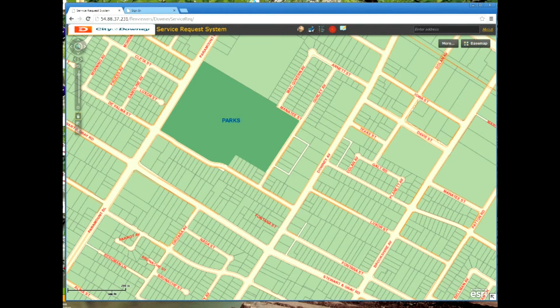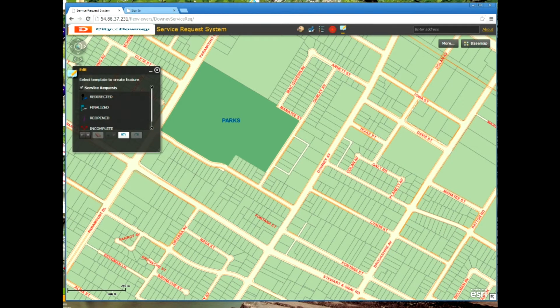The services are published using FlexViewer technology. Using this web map, a service request can be submitted to the city. The web map allows adding, editing, and re-editing of service requests, but does not allow deleting any service request. To submit a service request, open the edit widget, then close, then choose a type of status and drag and drop that status